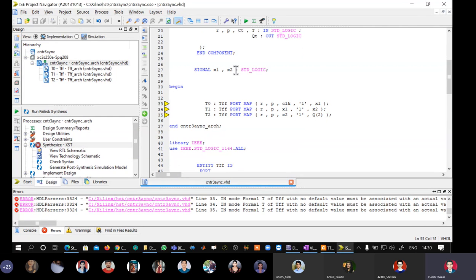So what I will do, I will define one more signal here called supply, or we can say bias. We can say logic 1.